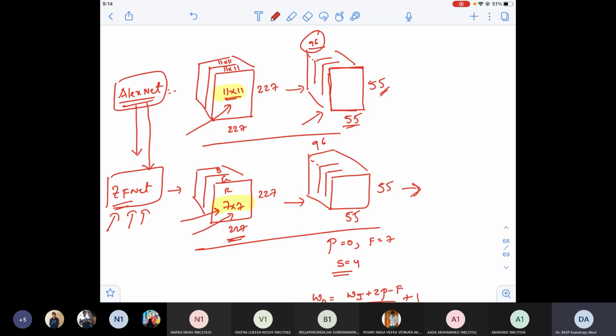I think let me draw that architecture. I could have taken it. Okay, fine. Let us see. It will take some time to draw, but let me do it very fast. Otherwise, let us make it like this. Generally, when you look on the internet, you will see configurations like this. Okay, fine, I'll do it this time.